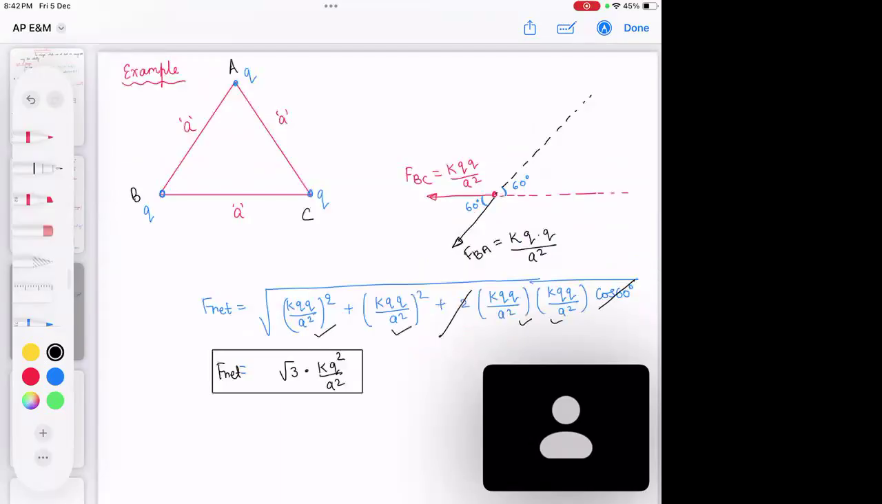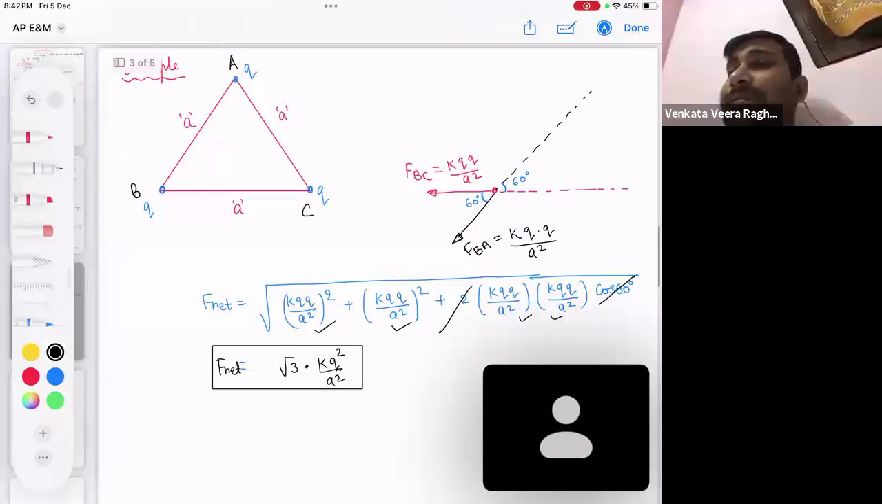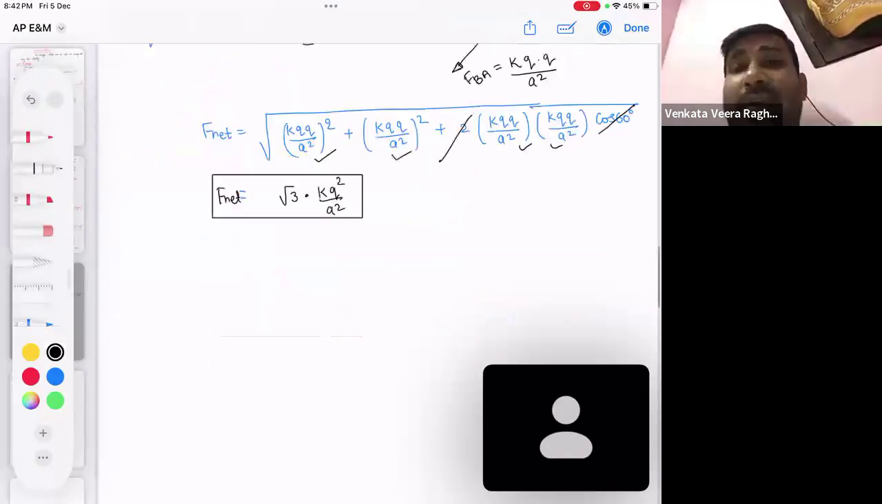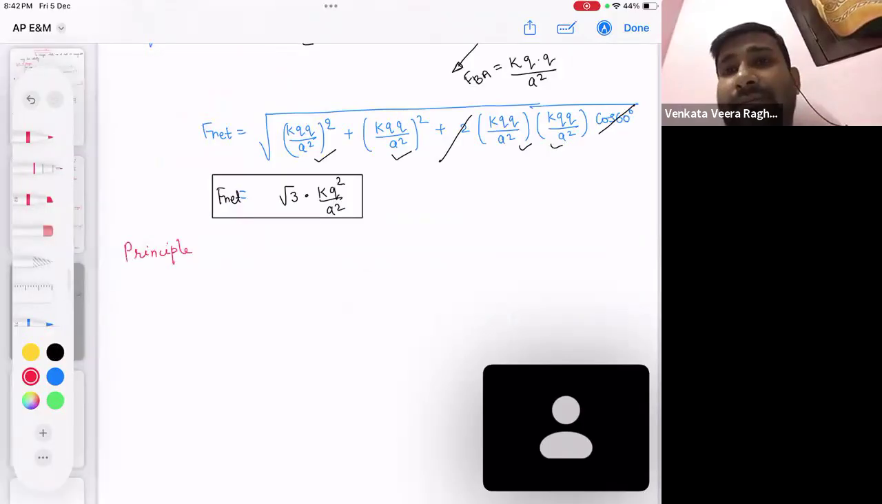You have already used the principle of superposition, right? If you want to know the name of the topic, the topic which we have used here is called the principle of superposition. What is that principle called? Principle of superposition. So what the principle says is